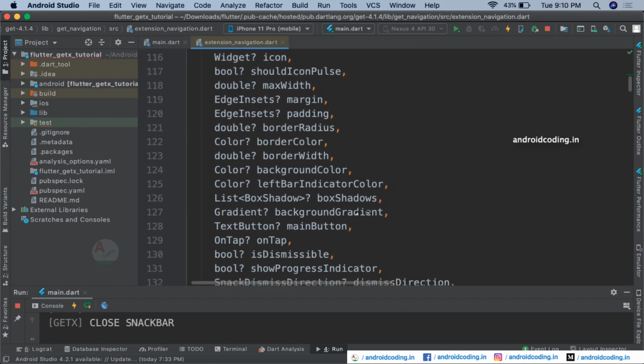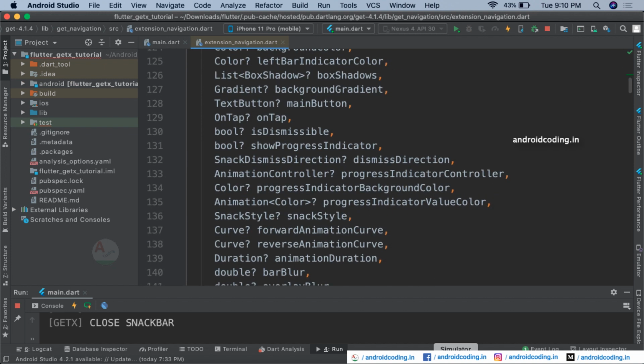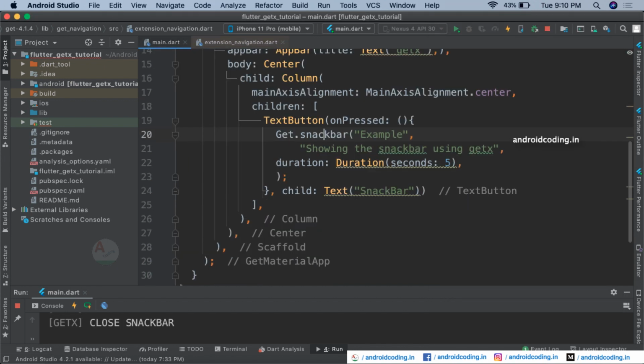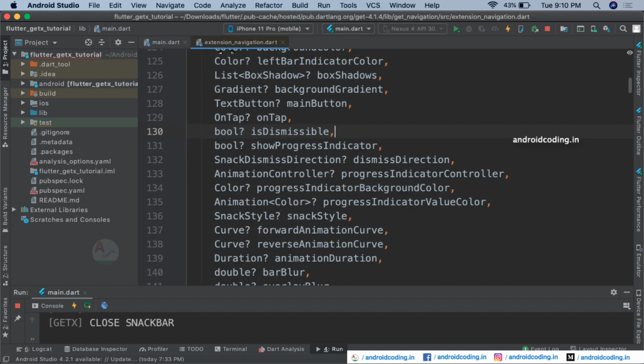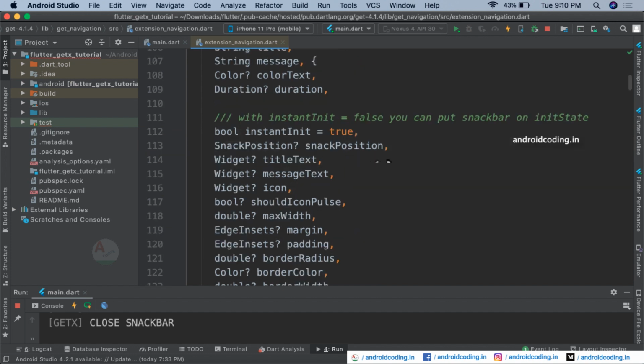Now what we will try is, currently, is our snack bar dismissible? Let us see. Yes, our snack bar is now dismissible. But one thing, we will make our snack bar position to bottom, for which we have a parameter called snack position here.